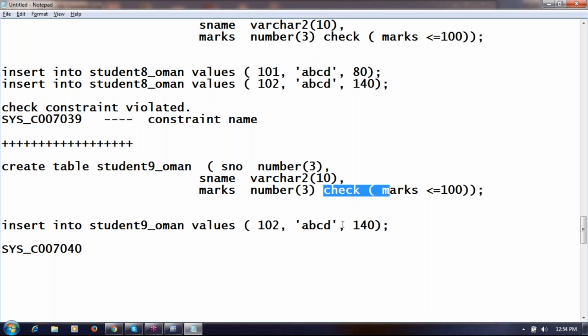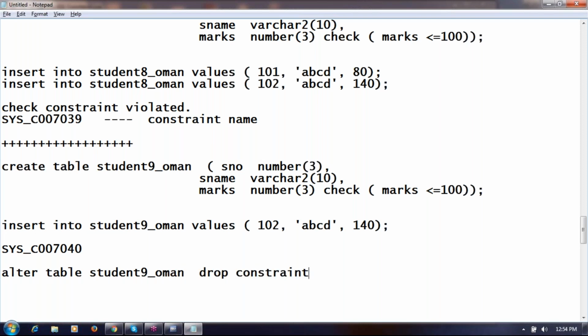Now I want to remove the constraint. Alter table student9_Oman drop constraint followed by SYS_C007040.